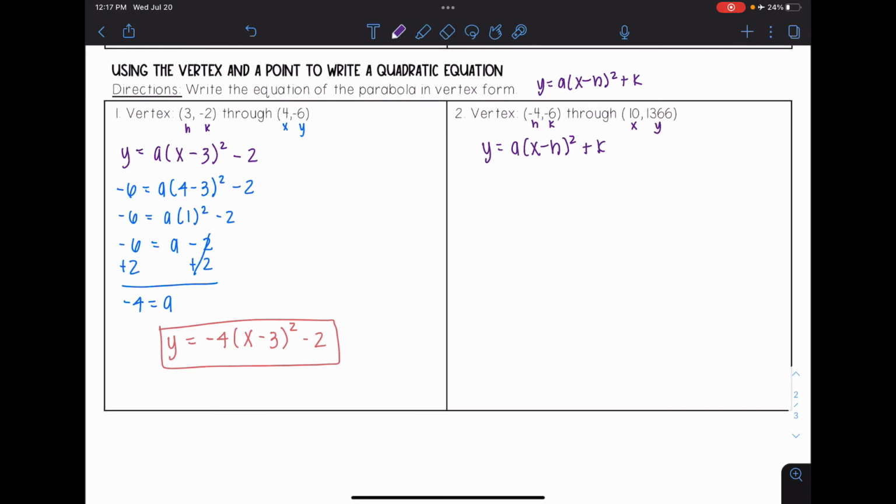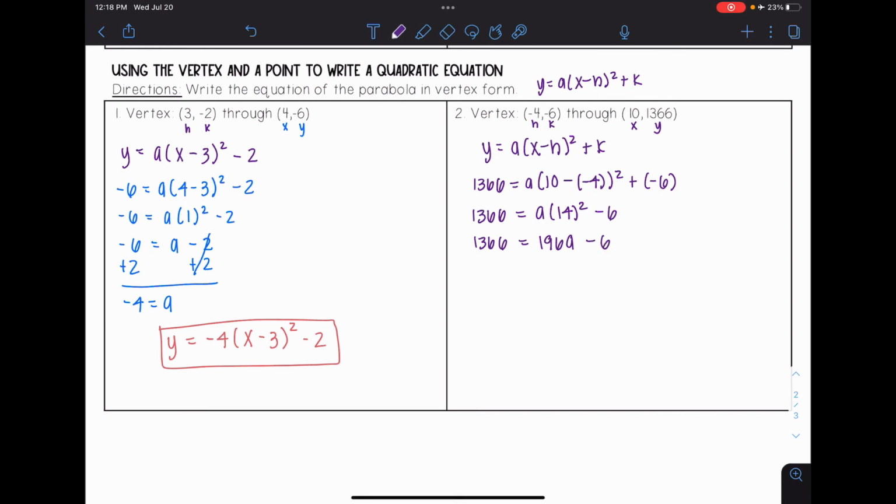So plugging that all in, I get that 1366 is equal to a times x, which is 10, minus h, which is -4, squared, plus k, which is -6. So I have 1366 is equal to a times 10 plus 4 is 14 squared minus 6. And so I get 1366 is equal to 14 squared, I get 196a